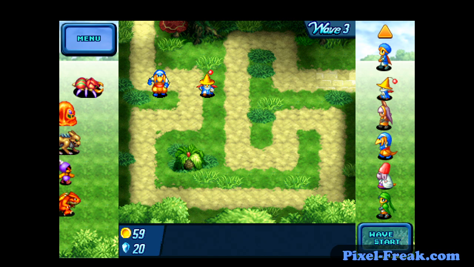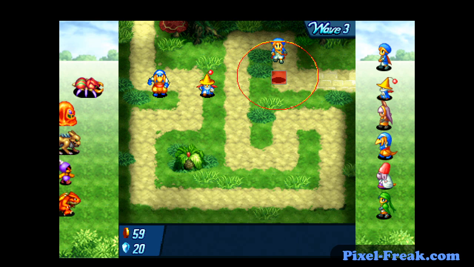So this keeps going. Now the trick in this first level is actually to try to get a thief in there as soon as possible. However, it's a little bit deceptive because even though I have enough coins, because thief costs 50, I don't want to put him in yet, because if I put a thief in right now, I'm going to lose. What I think I'm going to do instead is bring in